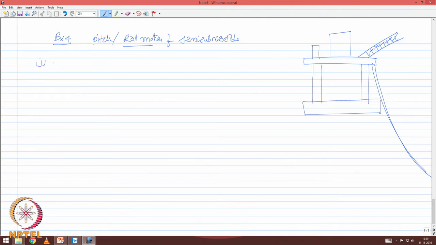Now, by neglecting the mooring cables' influence,